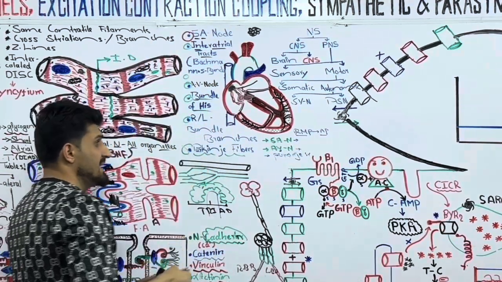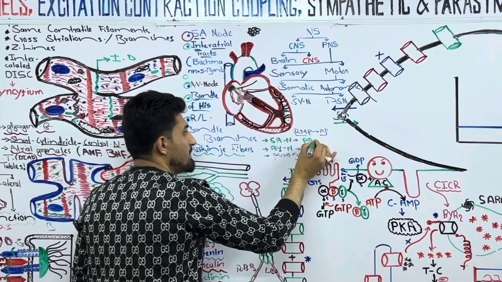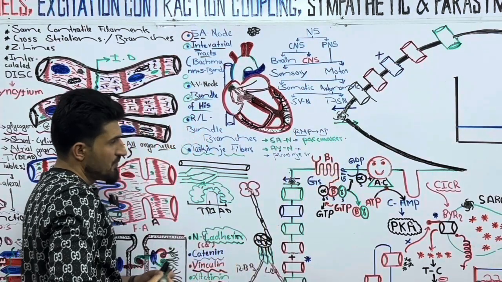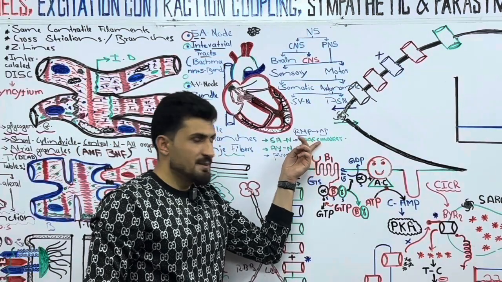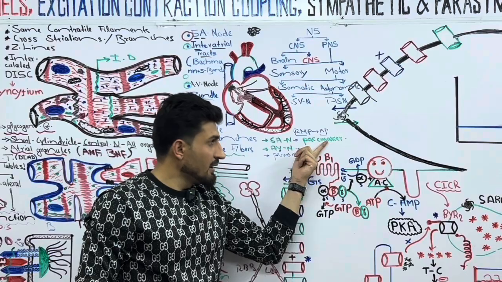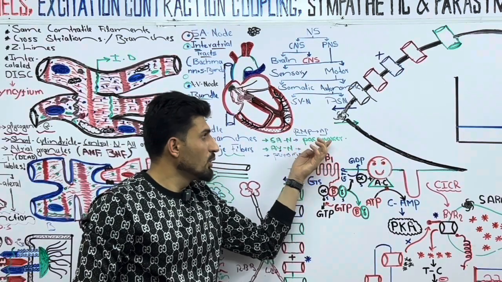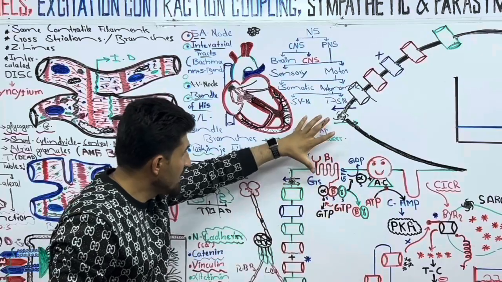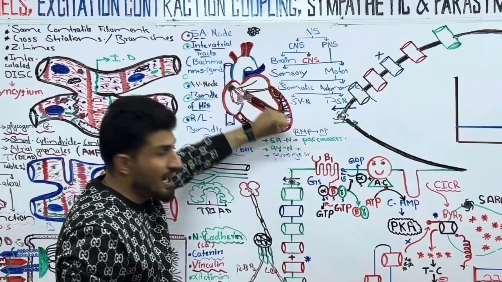That's why the SA node is called the pacemaker. What do I mean by pacemaker? A pacemaker is a cell, or a group of cells, that control contraction of the